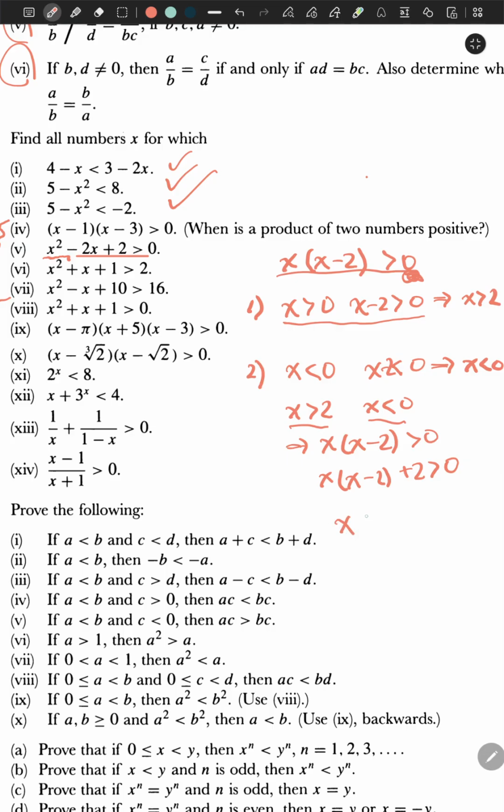x is less than or equal to 2, but also greater than or equal to 0, right? What if x is between 0 and 2? Then